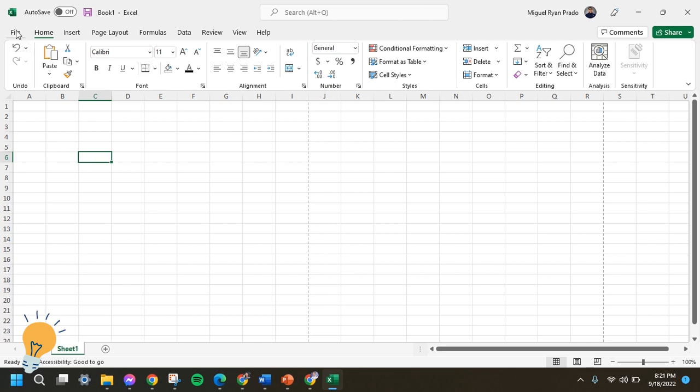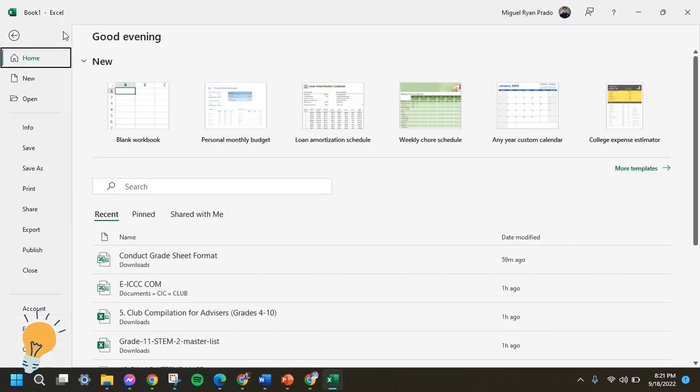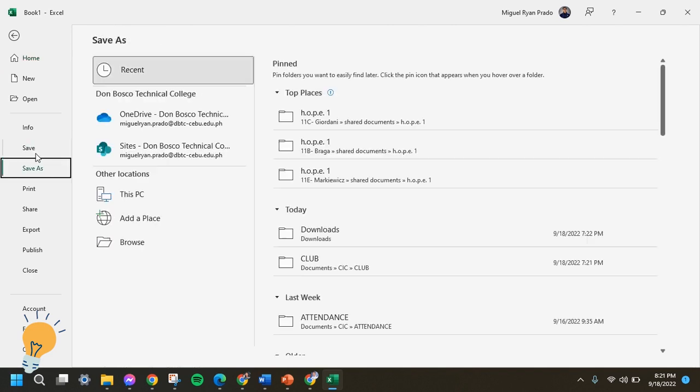So first, you need to hover your cursor on the upper left corner of your screen or on your Microsoft Excel, and there's a tab for File. All you have to do is click that one, and there, you'll see several options under the File tab. And for you to save this file, you just need to click Save. Right after that one, click the Browse option,